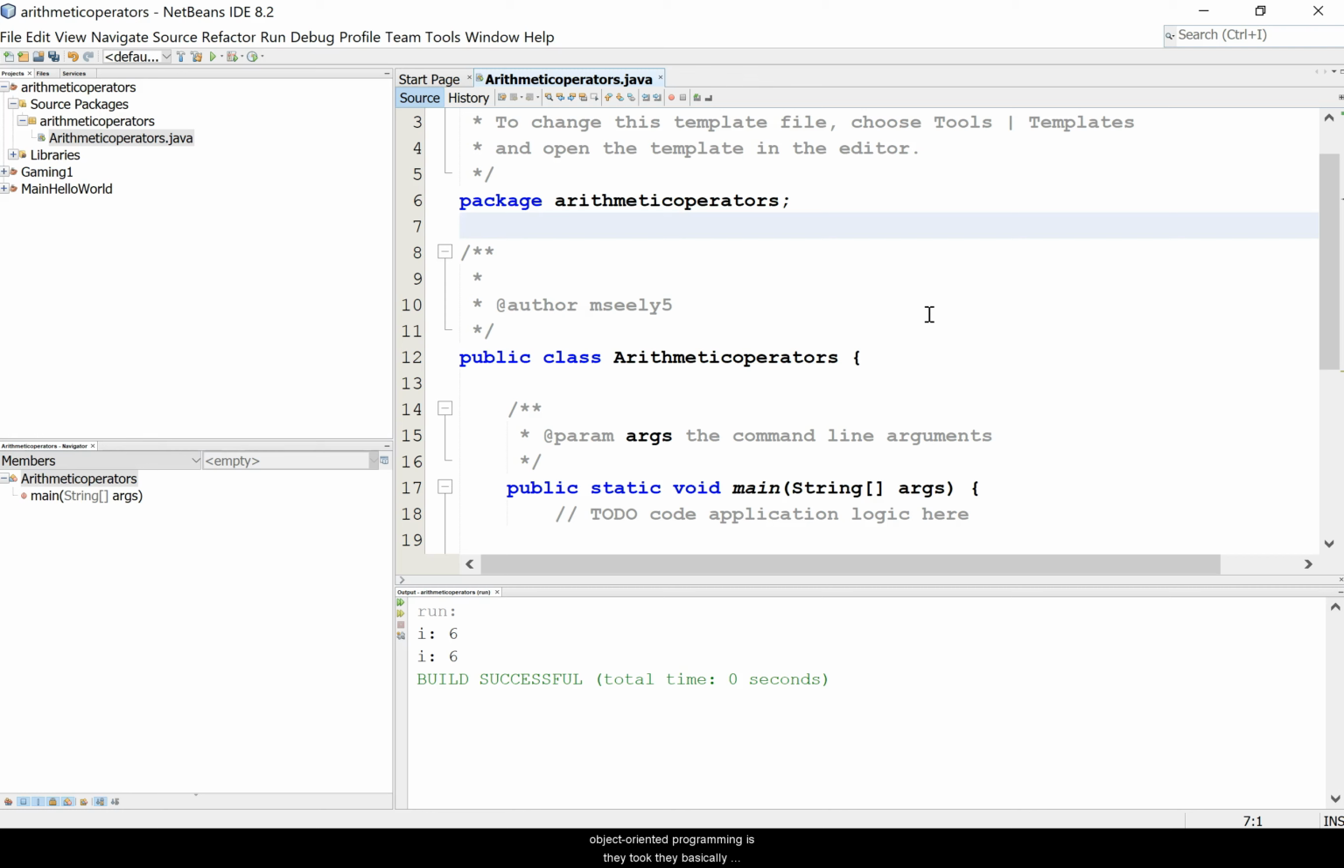Object-oriented programming, they basically broke the programs up into different classes, and a class is kind of like a set of blueprints. If you were going to build a house, you would have a set of blueprints, okay? And from the blueprints, you can create real things called objects. The objects are actually real, whereas the class is